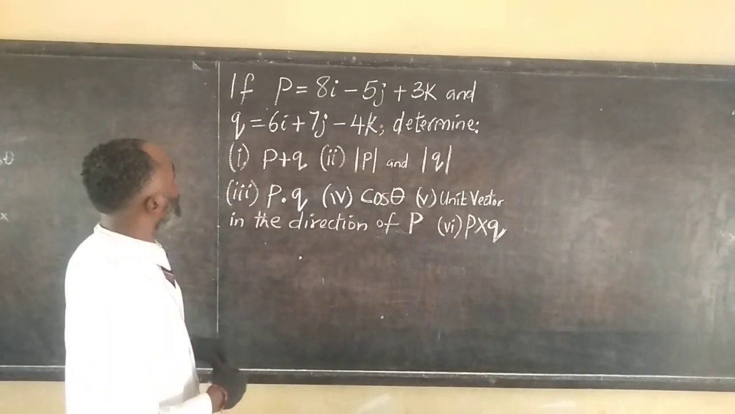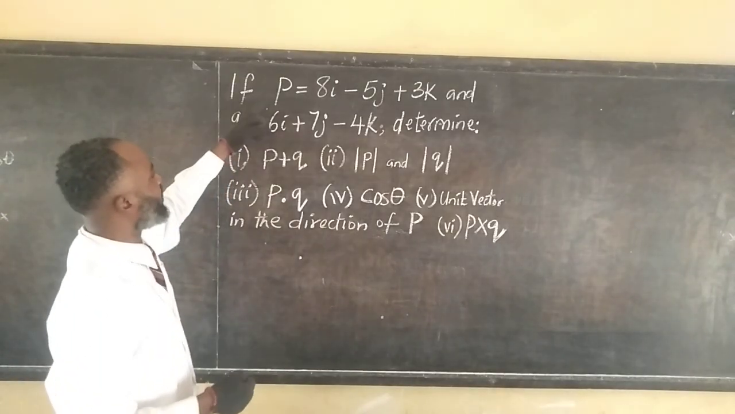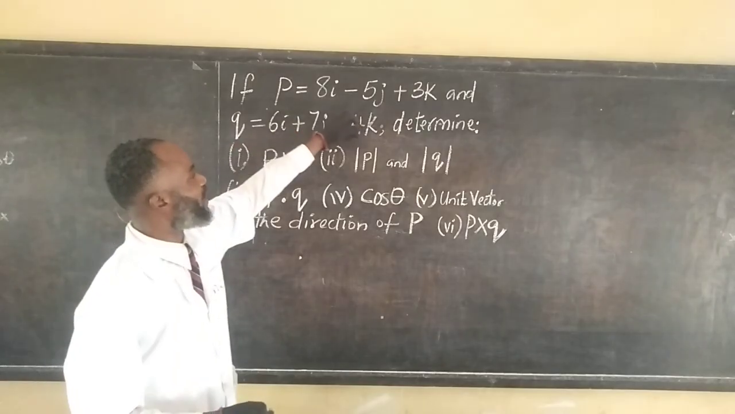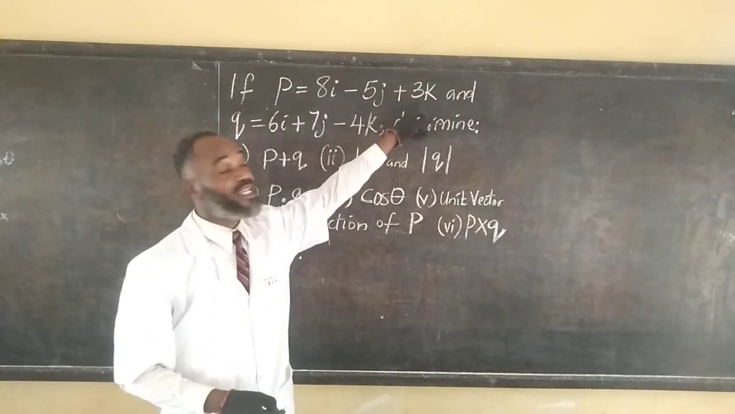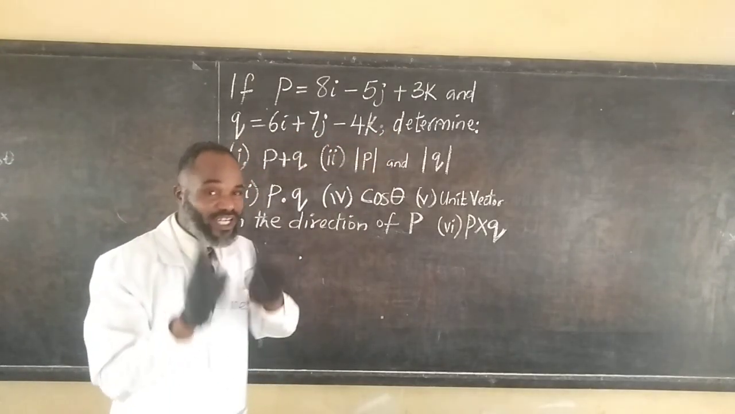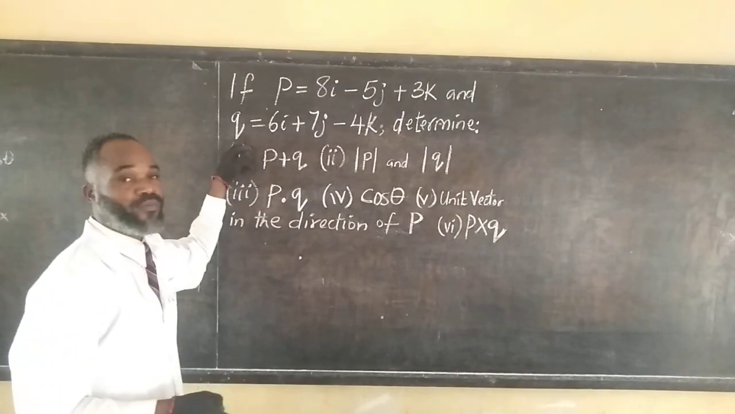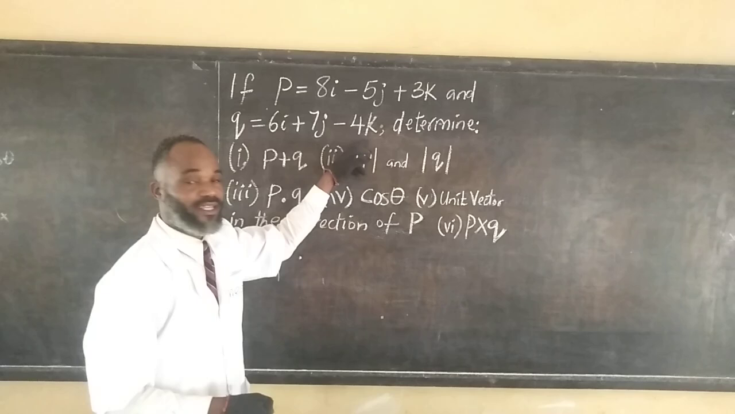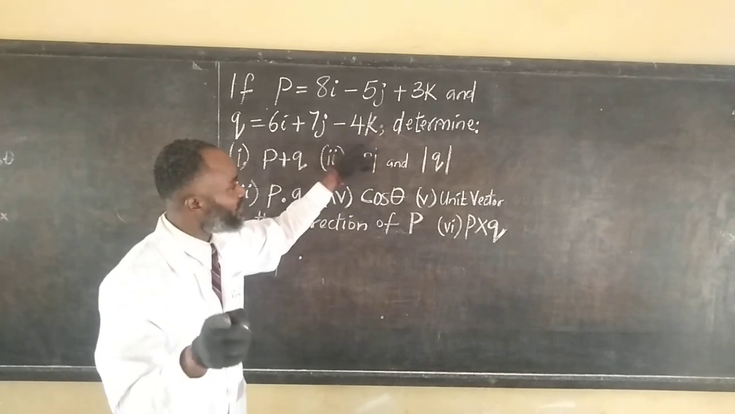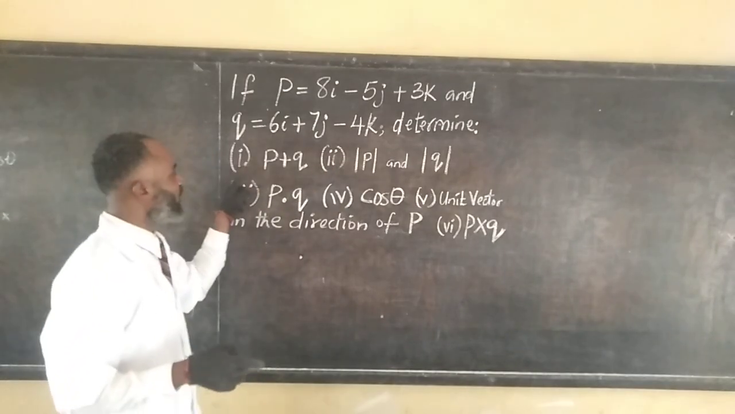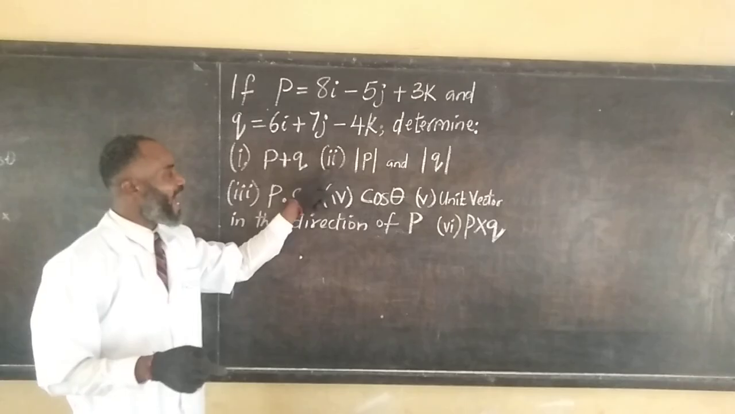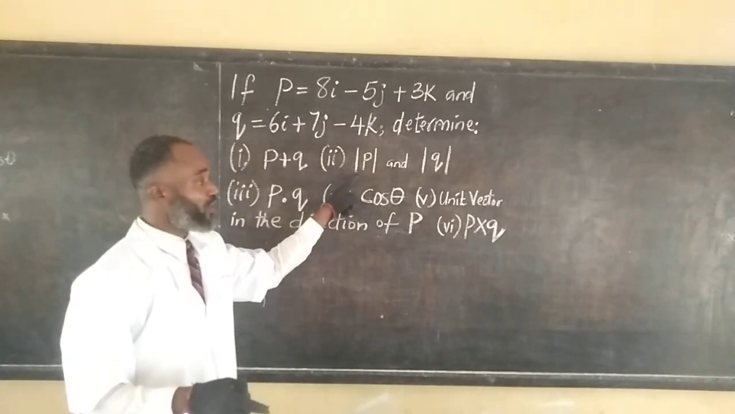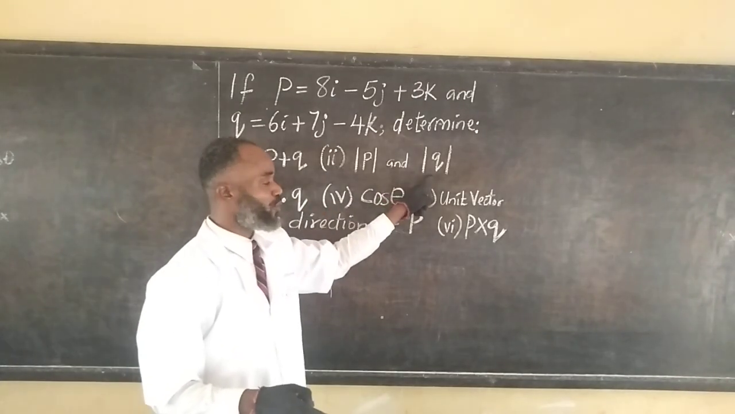So the first one is a vector given as P equals 8I minus 5J plus 3K, and another vector is given as Q equals 6I plus 7J minus 4K. Here comes the question. Determine (i) P plus Q, (ii) modulus P and modulus Q,